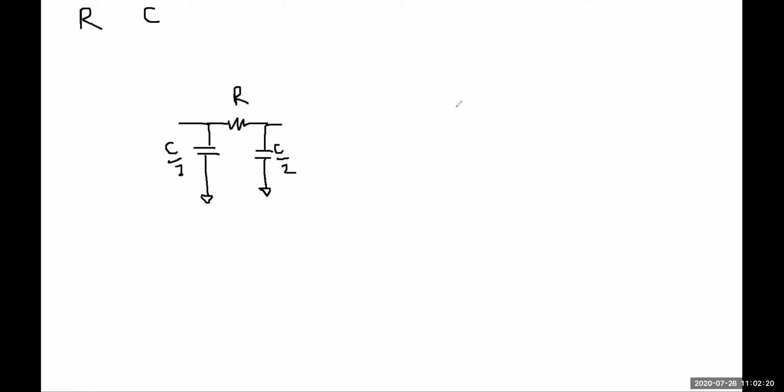What do you mean by T model? In the T model, the resistor count will be 2 and the capacitor count will be 1. So this is the analysis technique of a wire. Since you have only one C, it is the whole C. Since you have two R, this will be R by 2, R by 2. In our question, this is one segment pi, one segment T.